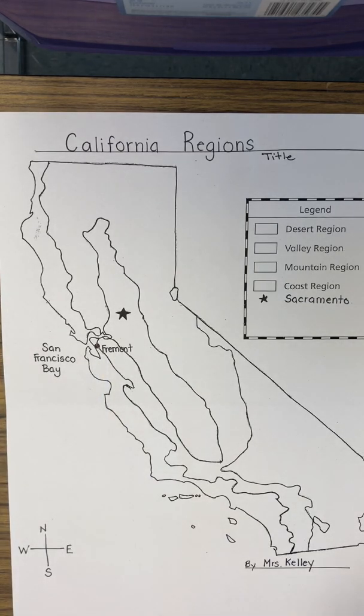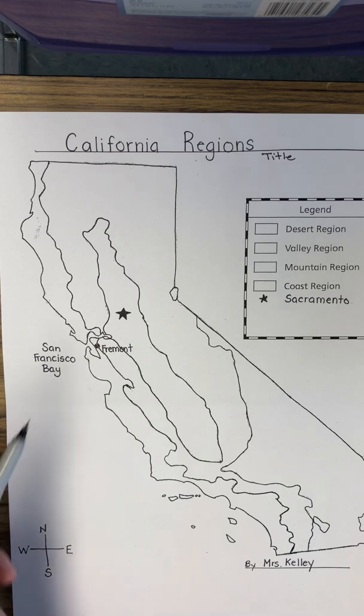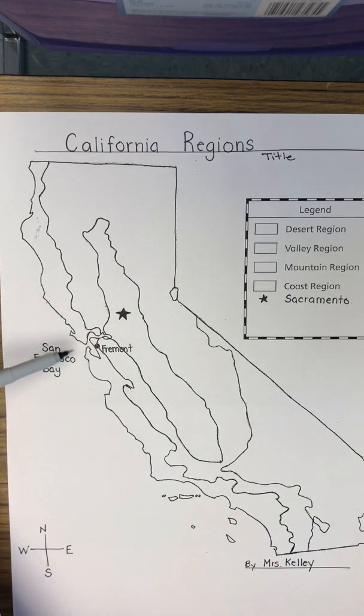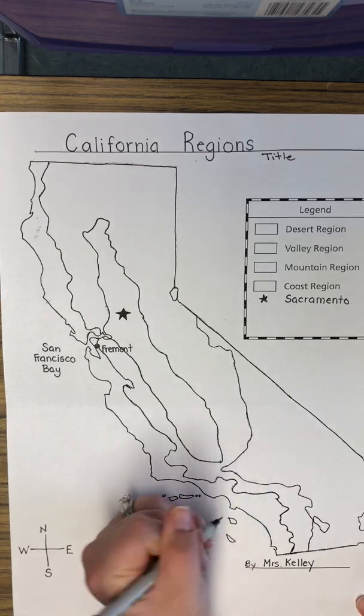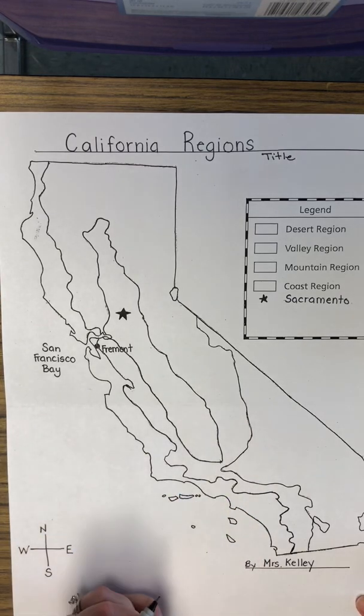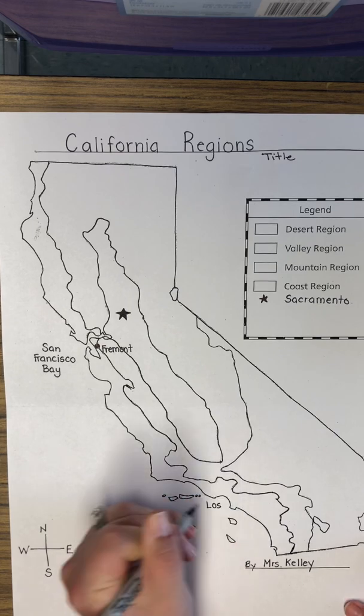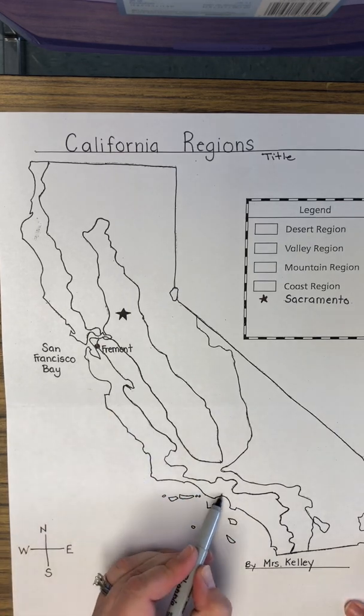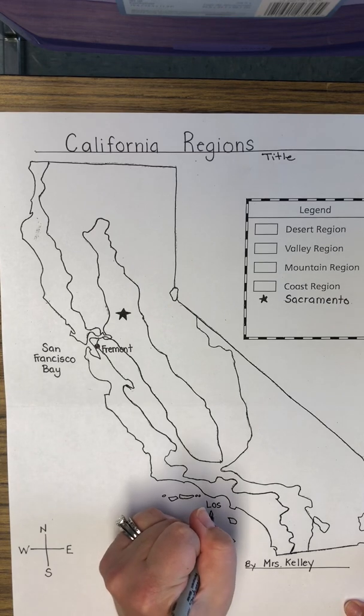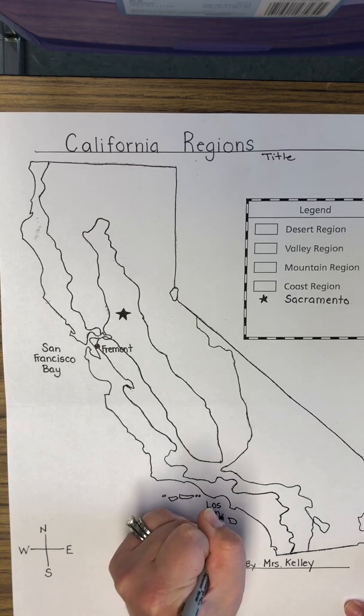Now there are a few other important cities within our state. There's lots of them actually, but we're only gonna label a few. We've got Sacramento, the capital, Fremont, we know San Francisco's over here. Many of you are familiar with Los Angeles and San Diego, so I'm gonna go ahead and put a little demarcation here for Los Angeles. Come down, follow this, and go in. There's this little half moon, Los Angeles